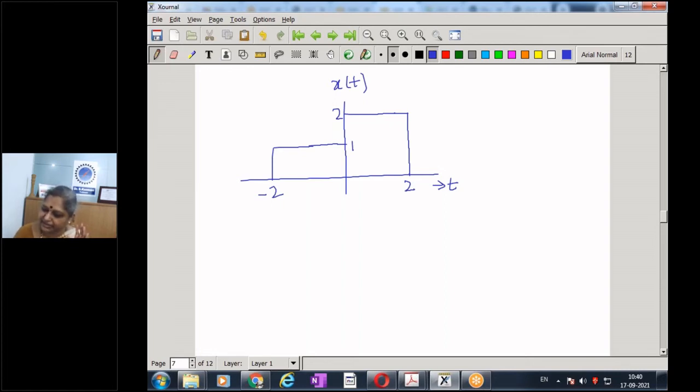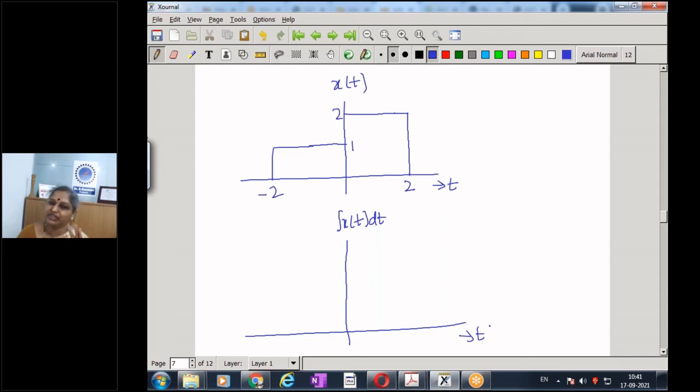Good to see people are sharing the result. Very nice. Well, that's what makes teaching interesting. Please do the integral and share the photograph. I want the plot of the integral of x of t. Okay, since this is the first example, I think I will do it, and the second example you can do yourself.